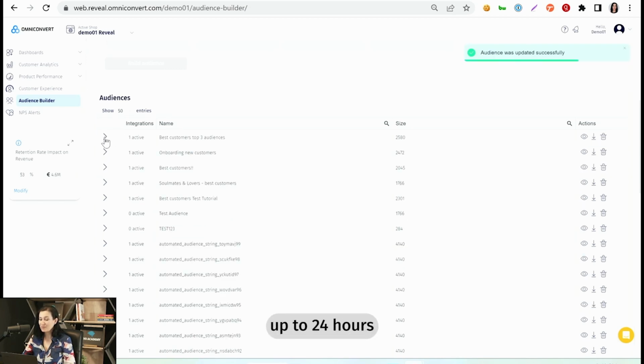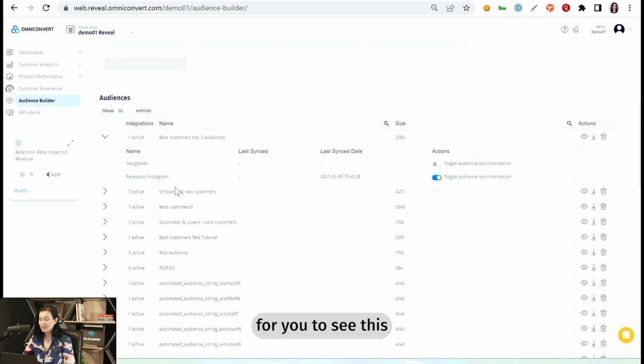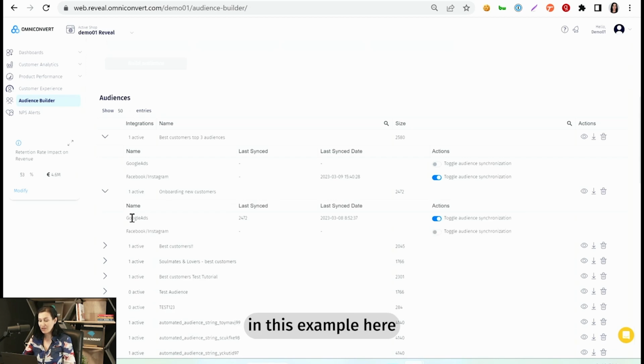It will take up to 24 hours for you to see this audience in your Facebook ads account. And it will be updated and synced on a daily basis. You will have a confirmation by seeing the size of the audience that was last synced and the date when it was last synced. Like, for example, you can see in this example here, for example, for this onboarding new